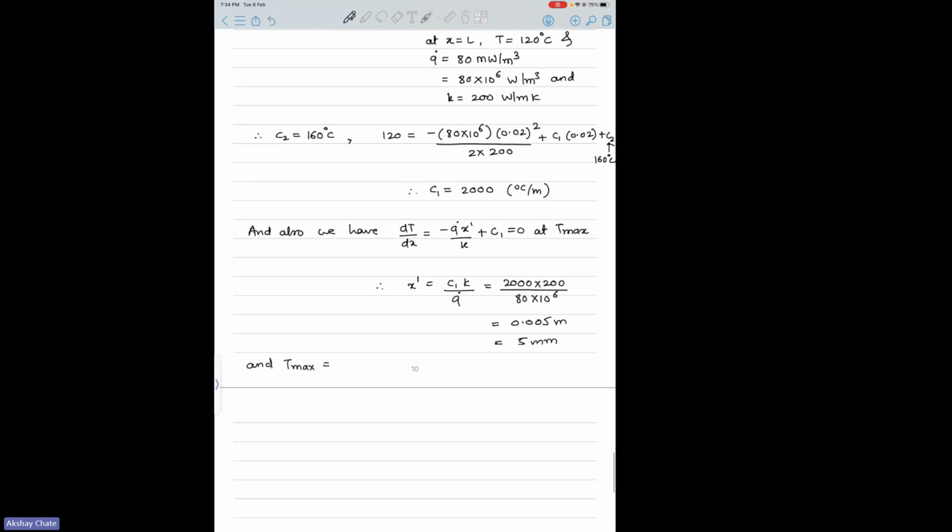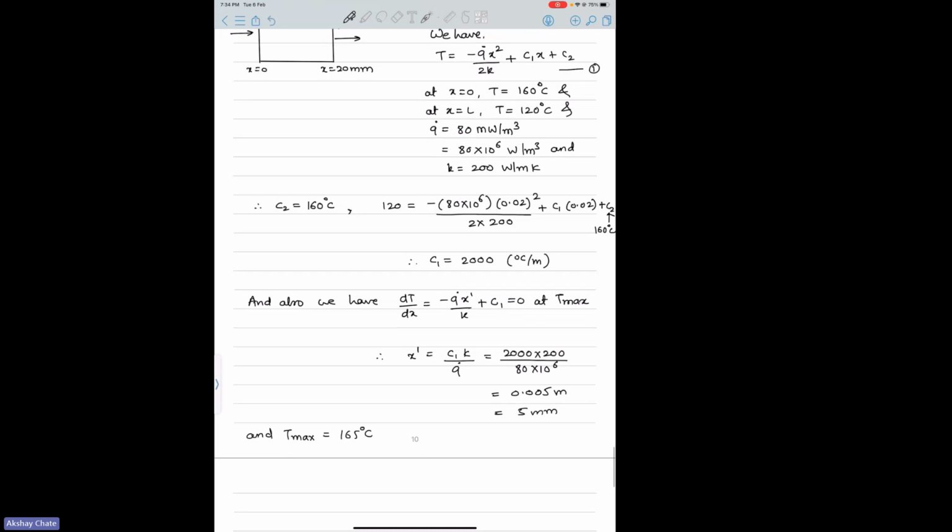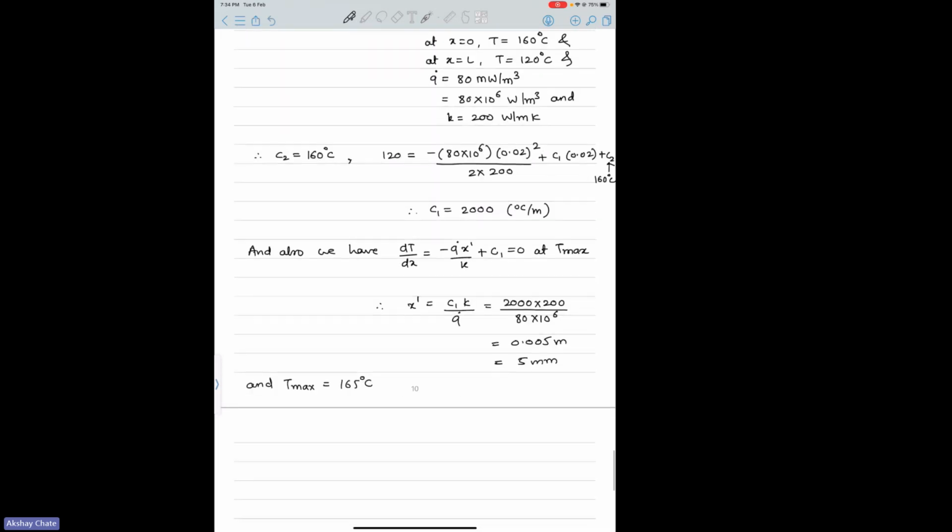I am leaving the calculations to you because we have limited time here, but you should get 165 degrees. So you can get the answer, but the main point that I am trying to make here is